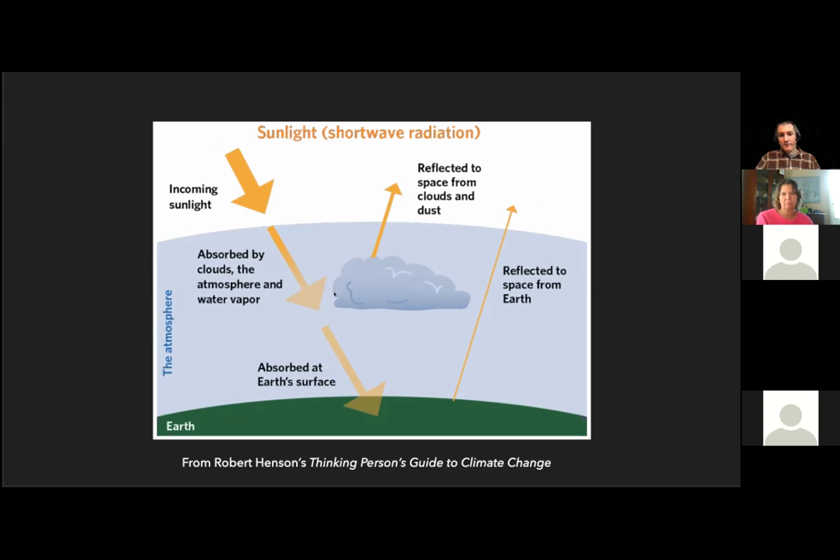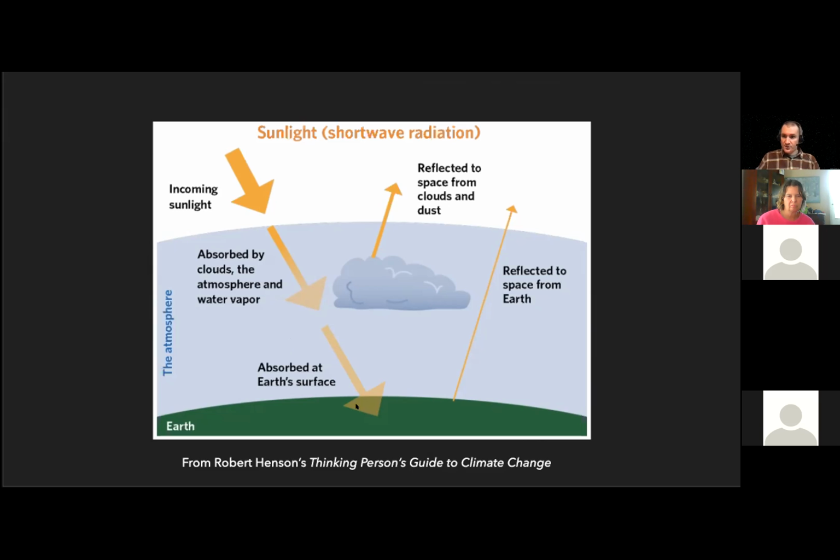Of the remaining 70%, about 20% of that is going to be absorbed by the atmosphere and the clouds. Where that absorption takes place, there will be some amount of warming in that lower atmosphere. The remaining 50% that we have left, on average, is going to be absorbed by Earth's surface, and it's going to warm the ground. So we have absorption and heating at Earth's surface, by a smaller amount some absorption and heating of the lower atmosphere, and then the other 30% is lost. So this energy that's been absorbed,